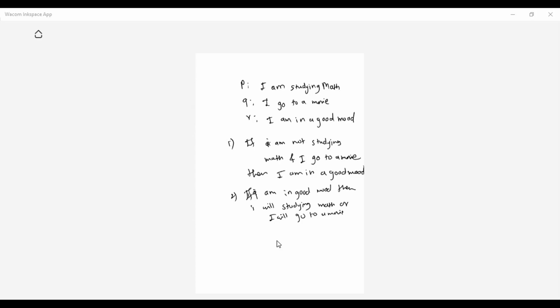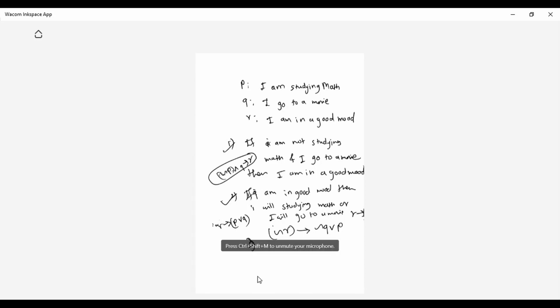The last one you have to do. So the third one, I hope everyone has got this also. Negation R to the negation Q or P. The third answer is this. Second answer, this: R to the P or Q. First answer is negation P or Q to the R. I hope everyone is getting this.